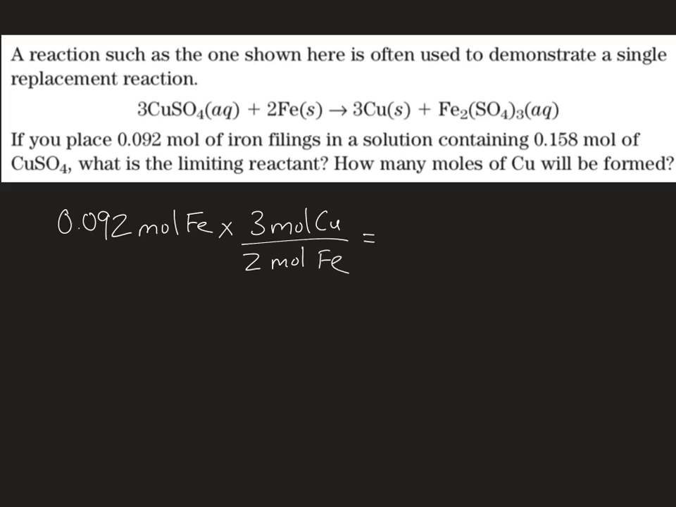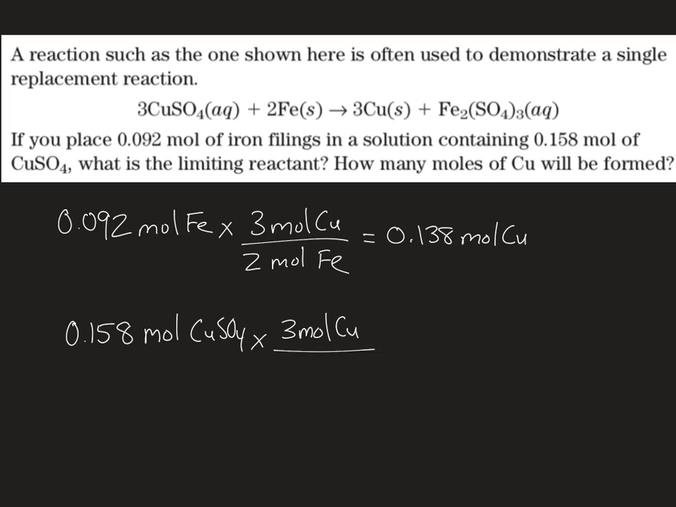product? Will 0.092 moles of iron make the least amount of product, or will 0.158 moles of copper sulfate make the least amount of product? So I'm going to make two calculations to see which one makes the fewest moles of copper. So 0.092 moles of iron will make 0.138 moles of copper, and 0.158 moles of copper sulfate will make 0.158